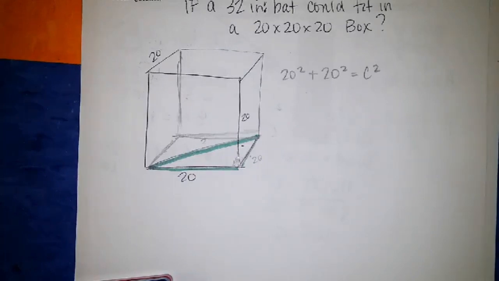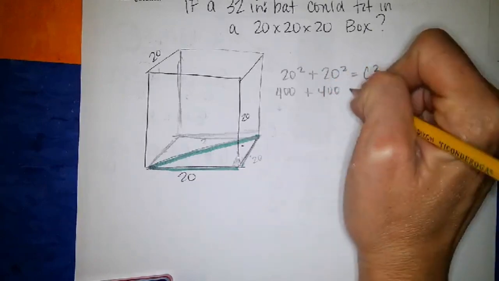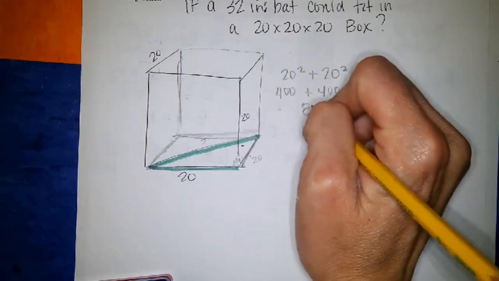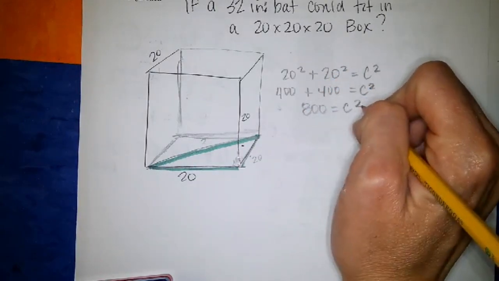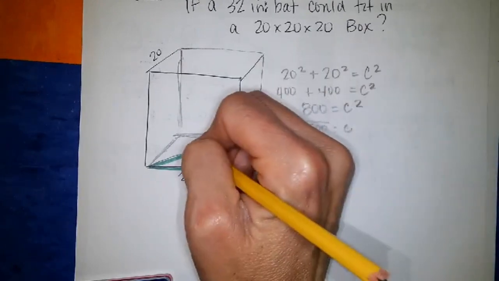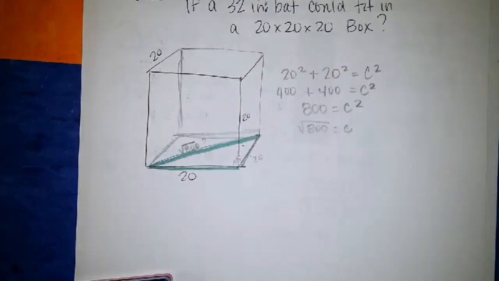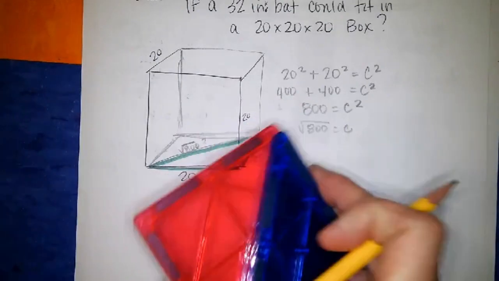Oops. It should be 400 plus 400 equals c squared. 800 equals c squared. That means that the square root of 800 equals c. So this guy right here equals the square root of 800. So now we have this other triangle. So now we have to go from this